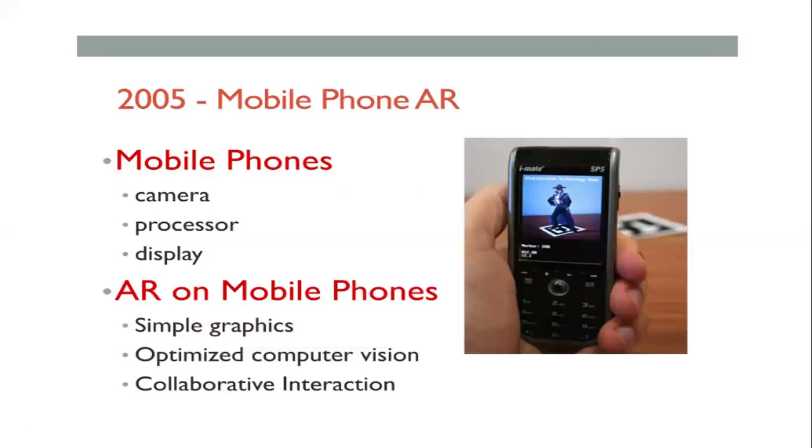So if you look at a mobile phone, you must be seeing what the things are. Earlier we had a particular mobile phone. Now we are using a smartphone. And if it's a smartphone, how does AR come to mobile phones? If it's a normal phone, you must have a camera, a processor, and a display. That's a normal thing. And with AR on mobile phones, you must be able to do some graphics. Even earlier phones also had graphics and optimized vision, and it is a very interactive version.